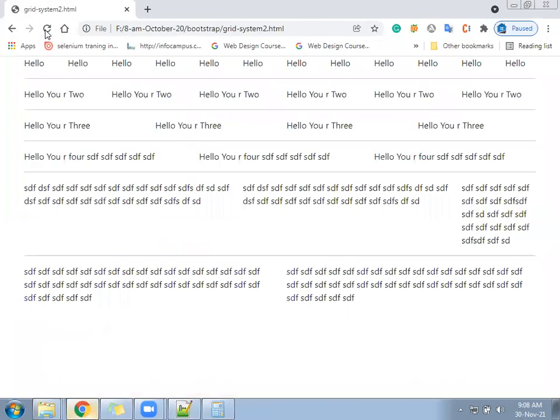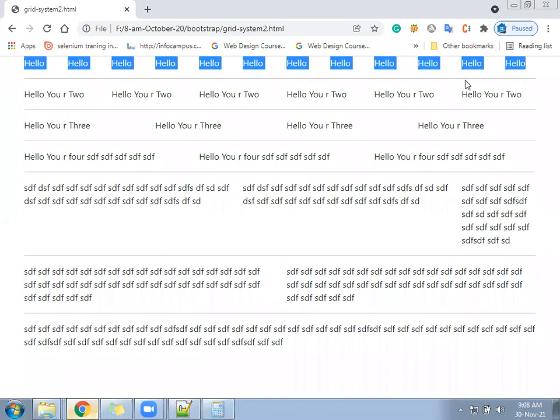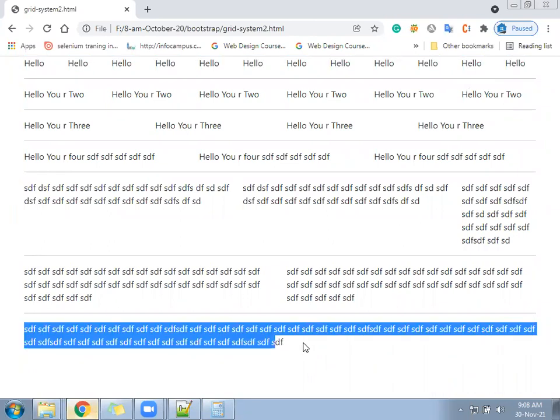Total width is covered by col-lg-12. Our definition says in the grid system, in one line you can create one column, or you can create how many columns? 12 columns. So one column you saw here, 1 how many times? 12 times. Another you saw here, the total in only one width, that is called col-lg-12. So if you want to cover the full width, you will use col-lg-12. If you want to cover a certain width, then we have different numbers we can use.